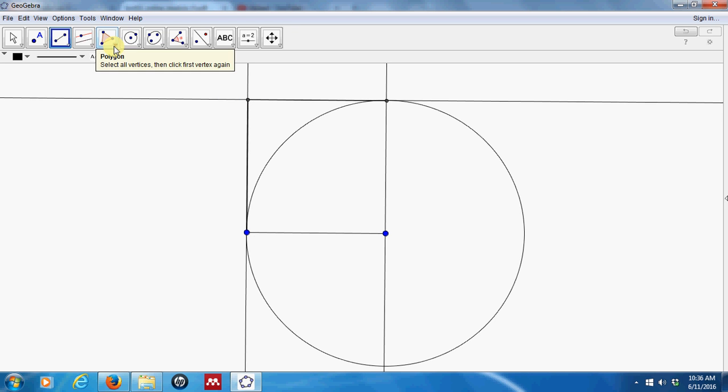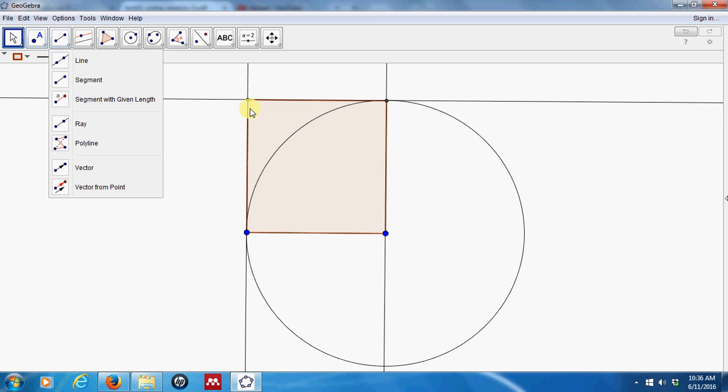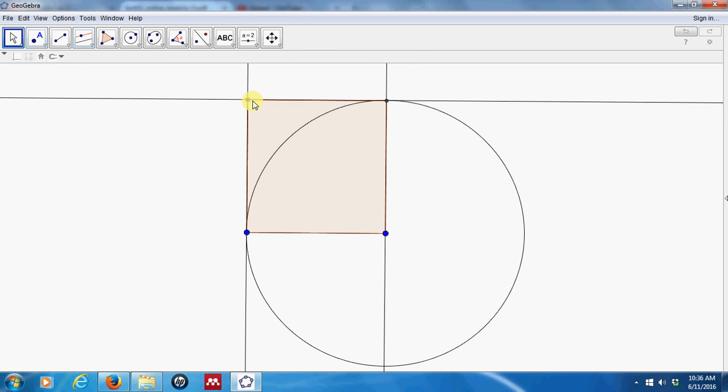And just to make it clear where the square is, we'll use a polygon tool. And we've got to go all the way around and back to the initial point that we used. And now I can drag that